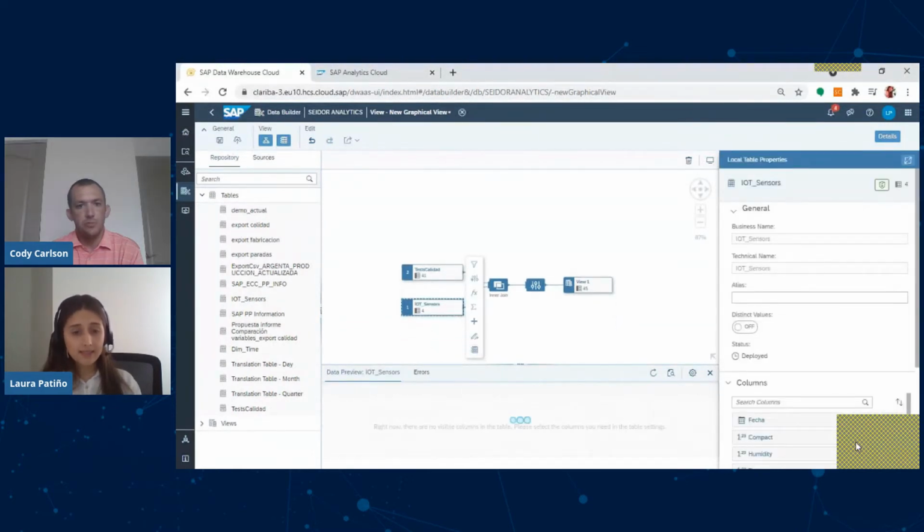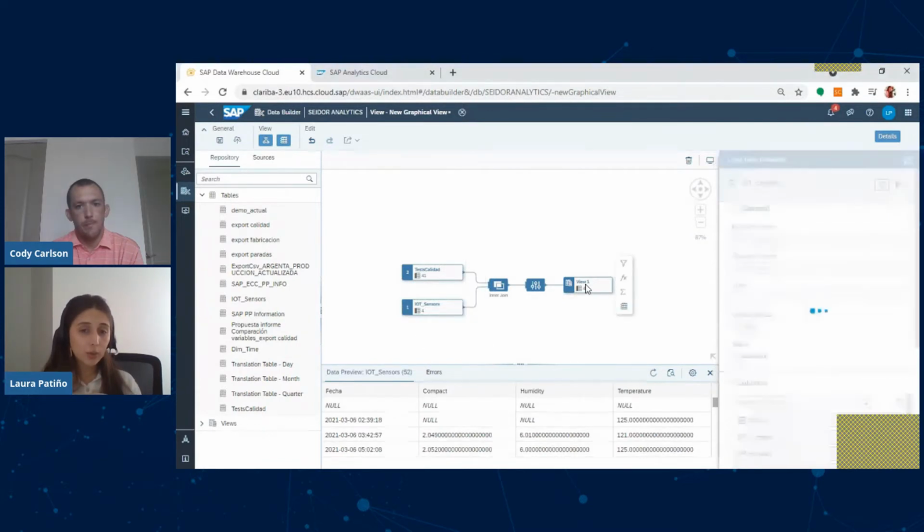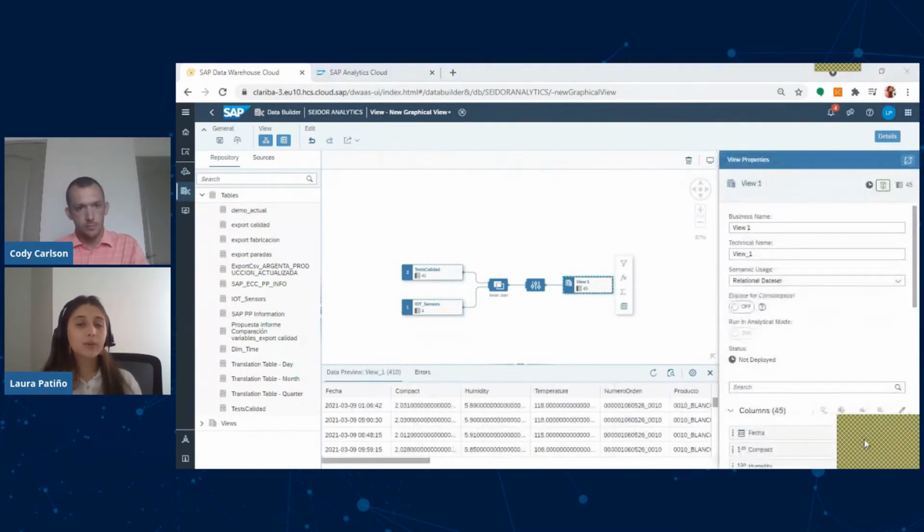This is a small pipeline I wanted to show you, but I would like to change the name of the view in order to make it easy to recognize when we are consuming the information from the BI tool. I can also select the semantic usage of the information.